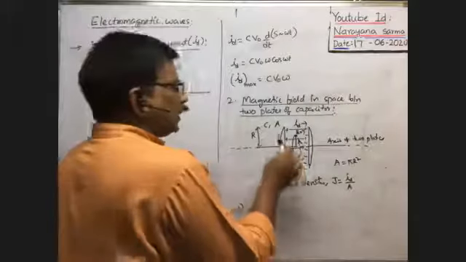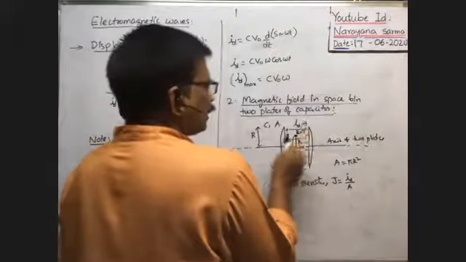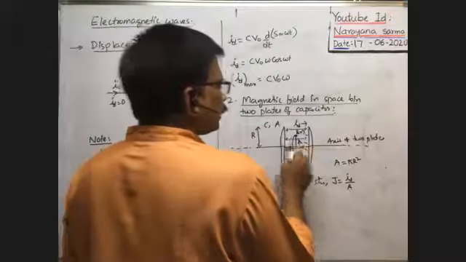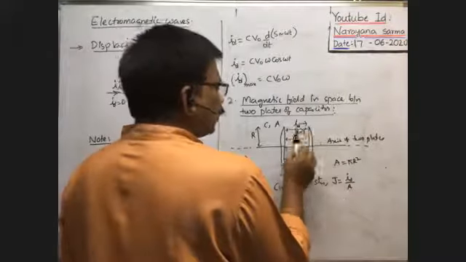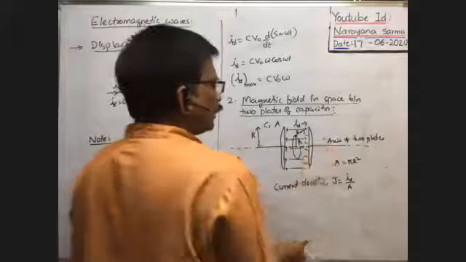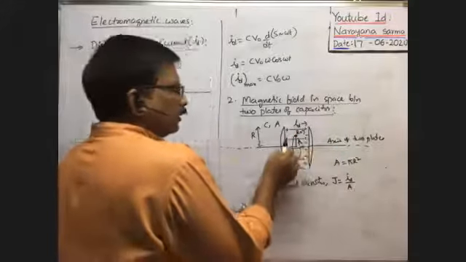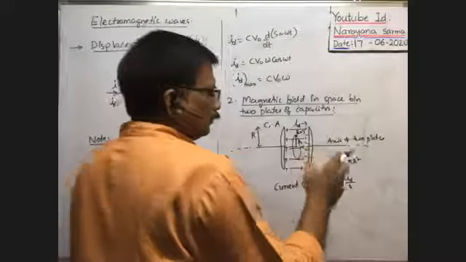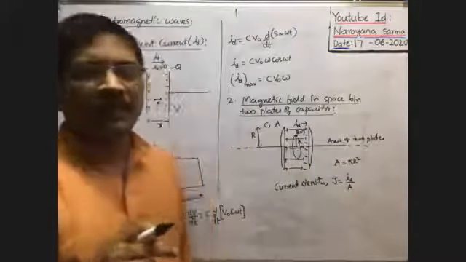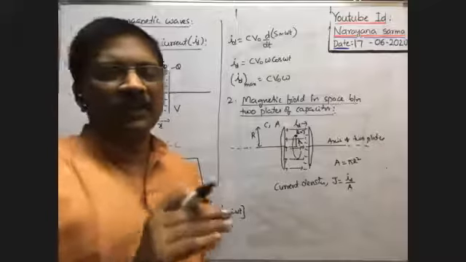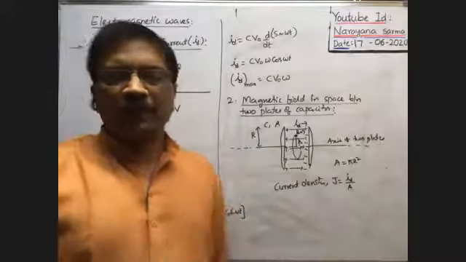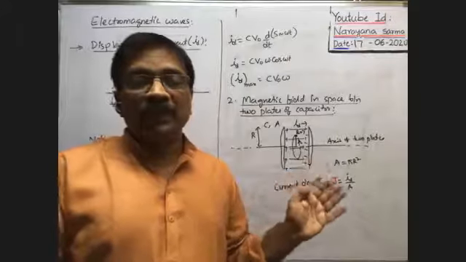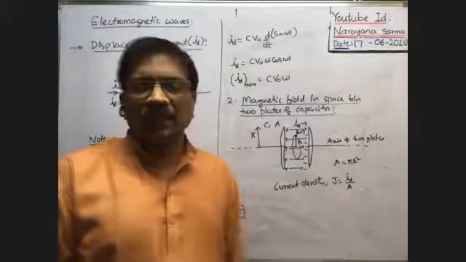Okay, then what is the current passing through this entire circular loop? Due to that current at this point, what is the magnetic induction? Here we can imagine this as an infinite conductor. Due to a current carrying infinite conductor, what is the magnetic induction at a distance r from the current carrying conductor?